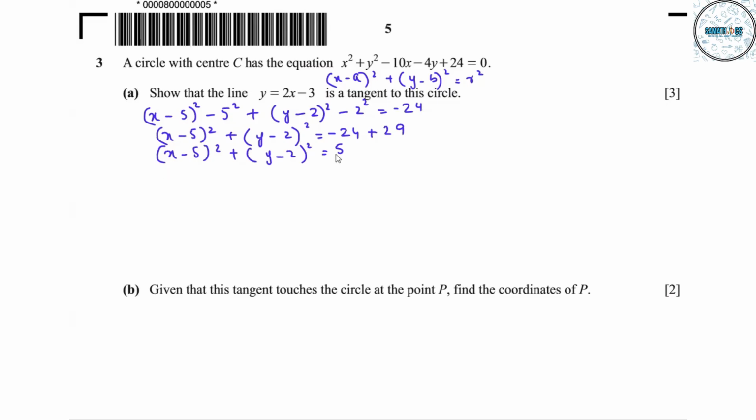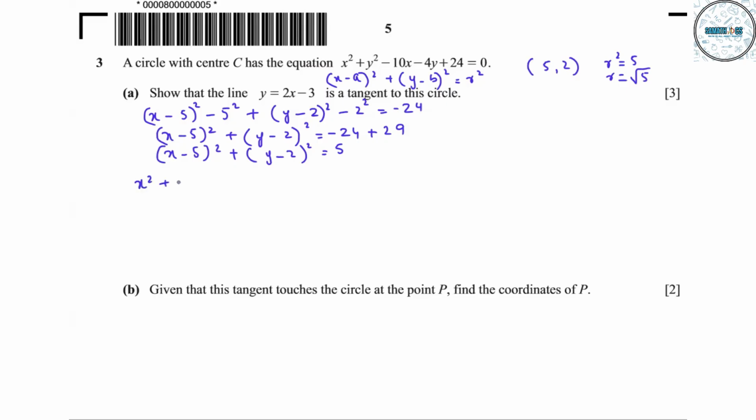Now, with the help of this, we can find out what is radius and what is center of the circle. So 5, 2 is the center of the circle and r square is equal to 5. So r is equal to under root 5. We have taken out the coordinates of the center of the circle and radius. Now we will solve these two equations simultaneously so that we can find out the coordinates of intersection point of circle with the tangent. So if we will substitute y is equal to 2x minus 3 in this equation, we